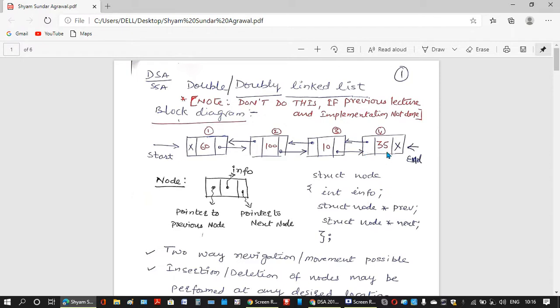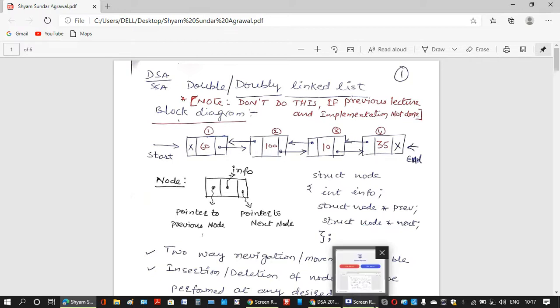The last node, if we talk about it, the info part is holding 35. Its previous part is pointing to the third node, but its next part is null, meaning there is no next node to it. There is one additional pointer I am taking here, end, which points to the last node. Start points to the first node and end points to the last node. You can also take end in a singly linked list just to point to the last node.